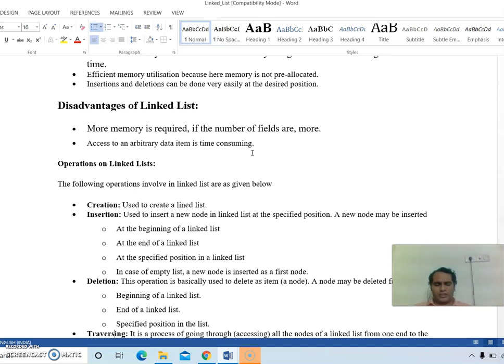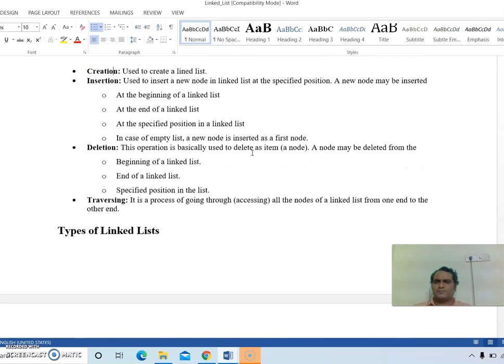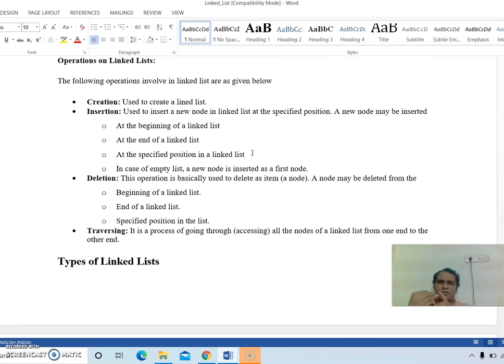What are the operations I can perform? Because it is a data structure, it should permit me to do certain operations. So creation, insertion, deletion, traversing. These are the basic operations that I can perform on a linked list. Creation is used to create a linked list. Insertion is to insert a new node into the linked list. Now when I want to insert, where do I want to insert?